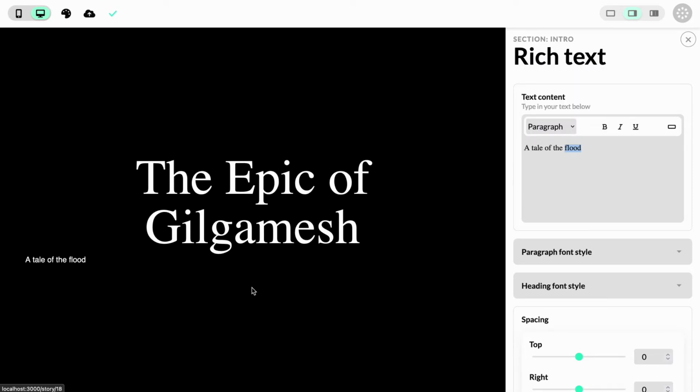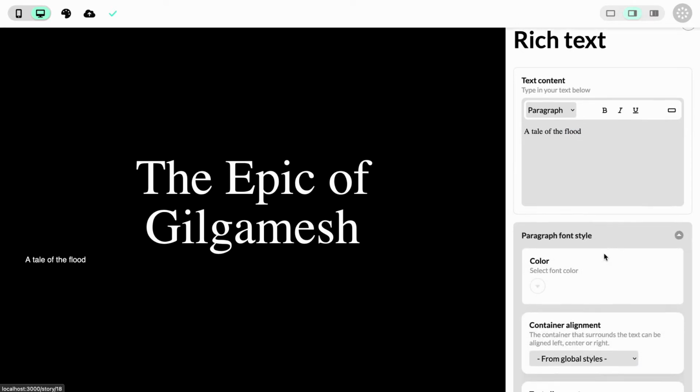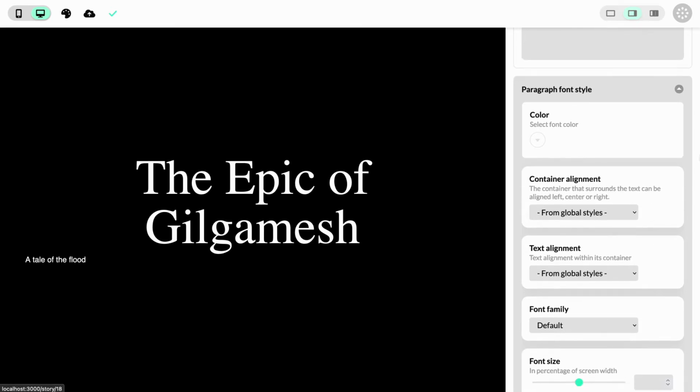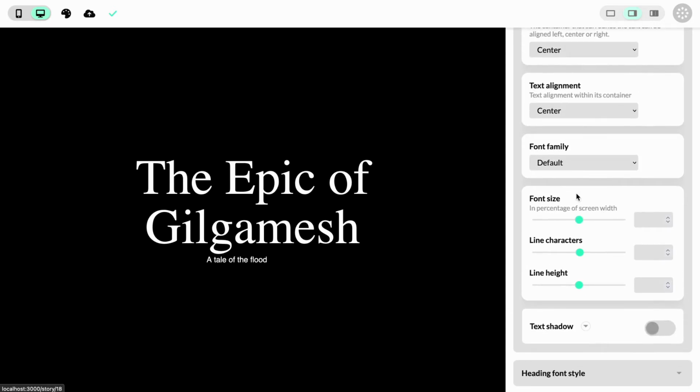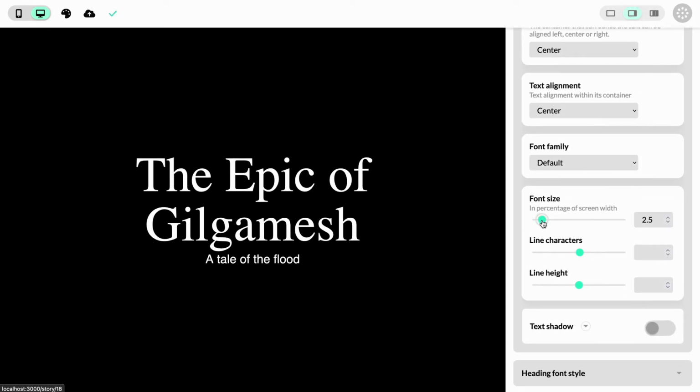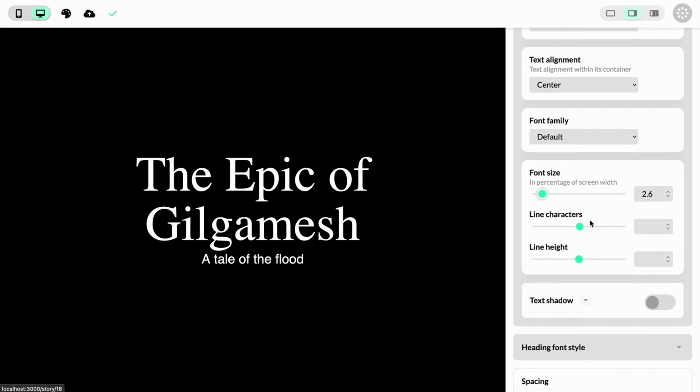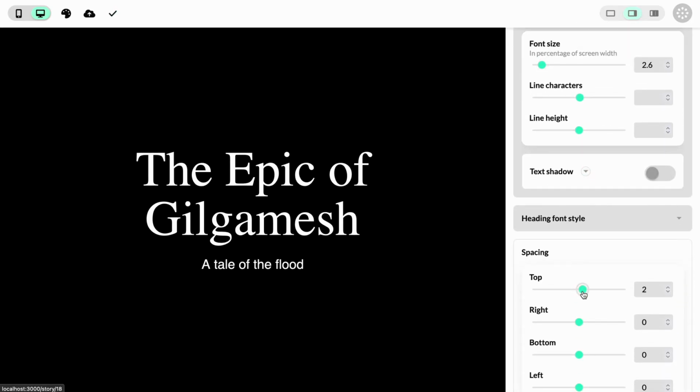For now, we'll stick with the paragraph, but as you can see, the paragraph is left aligned, and it would look better if it was centered underneath the title. We can improve that by opening the paragraph font style settings. Here we can change properties such as text color, but also the container alignment and the text alignment within that container. If we set both of those to have a value of center, our subtitle becomes centered. To edit the font size, we can drag the font size slider. And finally, we need to add a bit more spacing to the top, which we can do by dragging the